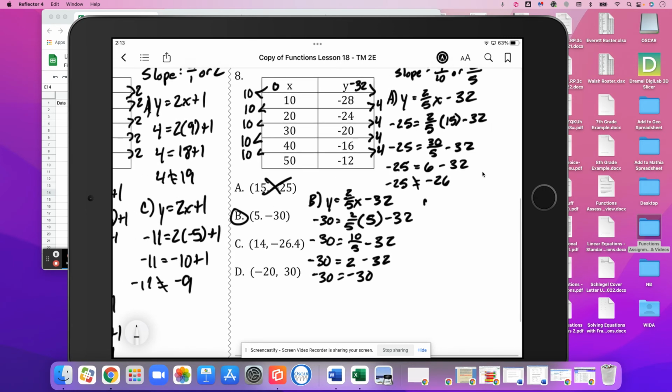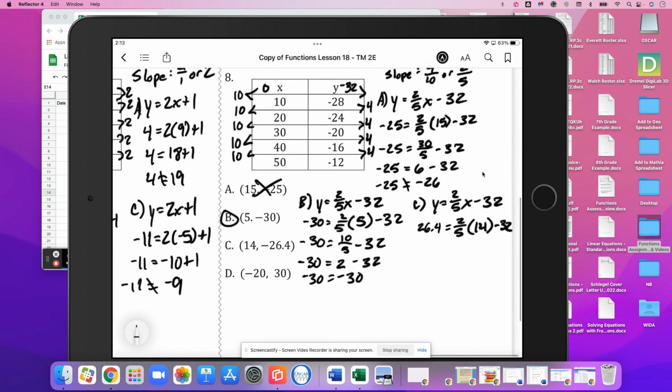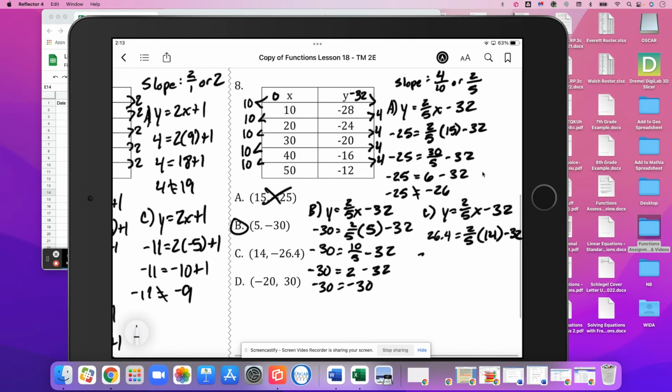For C, y equals 2/5 x minus 32. 26.4, it's a weird one, equals 2/5 times 14 minus 32. Again, I think a calculator is a great thing to use here. So 26.4 is equal to 28 over 5 minus 32. And I can already see that this is not going to work because it's going to be a big old negative number. But anyway,